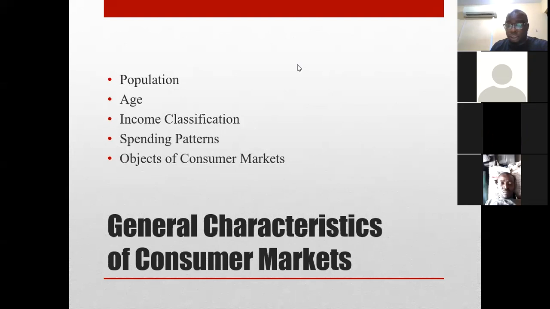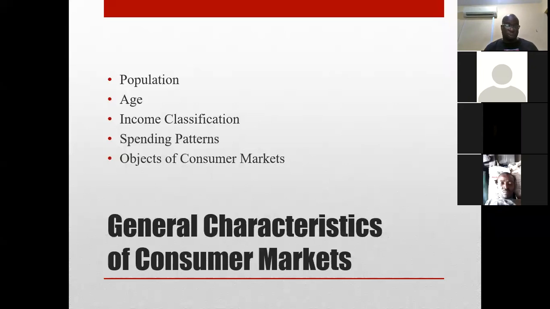Yes, from Temi, you said market for consumption rather than for resale. Yes, Abionu, market for consumer goods. So basically, the consumer market is a market where, when we say market, you don't mean the physical market that you go to like Tejuosho or Sabo. No, we mean the people that make up that market. You understand? So it's the people that end up buying final products that are the consumer market. So when we say the market, I just want you to know that we're talking about the people.